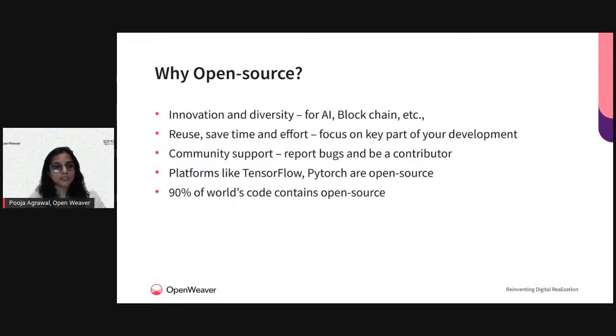All that technology is based on open source tools. So not only do you get all this innovation and diversity, but the good part is you don't have to start from scratch. Just reuse what is already present. It saves your time and effort, and then you can focus only on the key development that you would like to do, and build something interesting on top of what is already present.